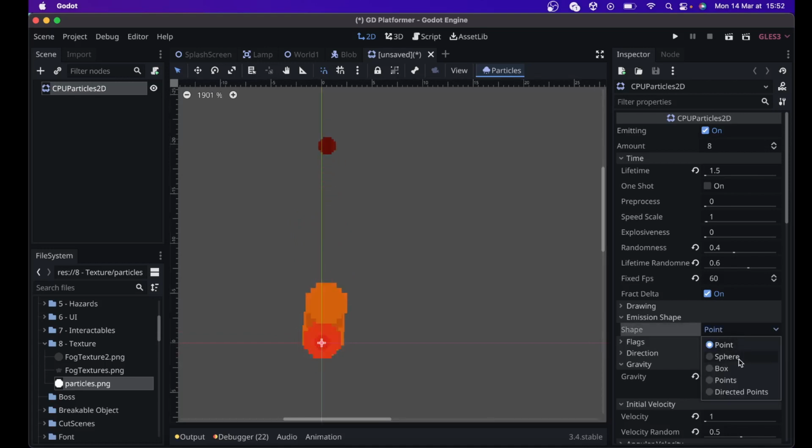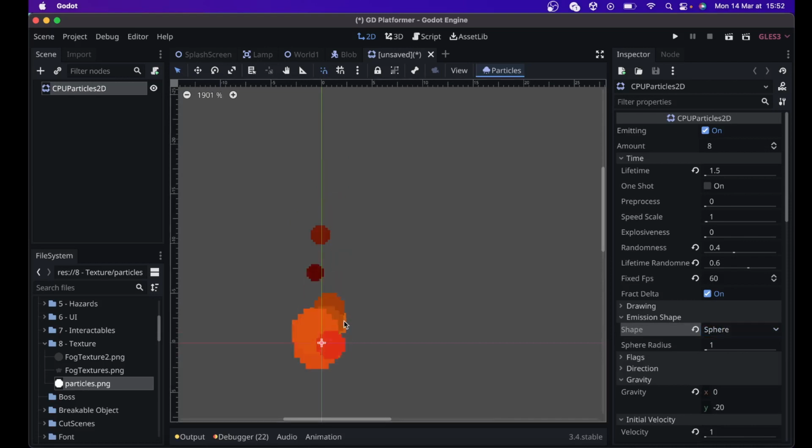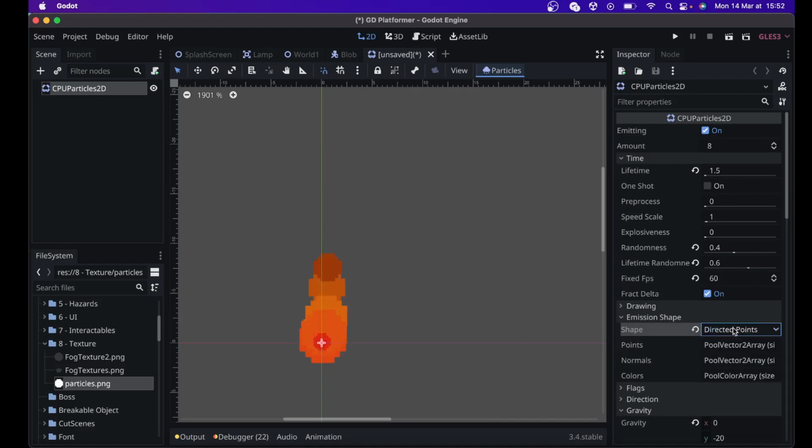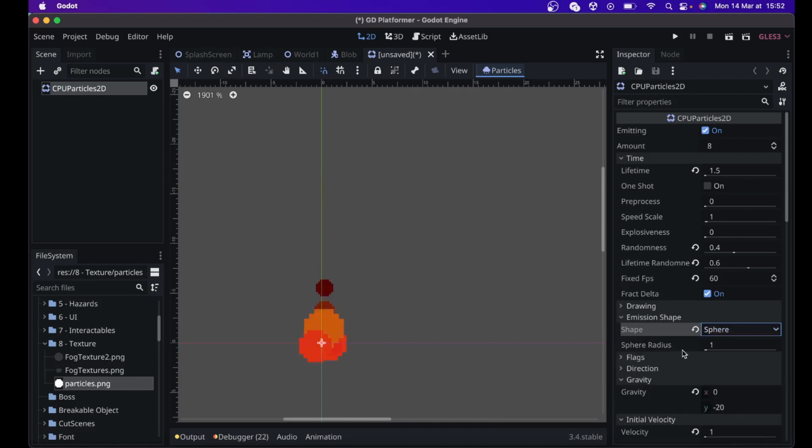Let's see what happens when we are on sphere. You can see that it's sort of like move like this a little bit. And that is something that I can't fully explain in details why it is like that. There is something about the fact that it's like change a bit the radius of the generation of the particles. That's what I know about it, but I can't fully explain why is it doing it like that. But like basically that's something that you need to understand if you want to make different things. Here, point, I have never used it, so I can't tell you, and directed point is the same. I'm always using on average sphere. That's the one that works the